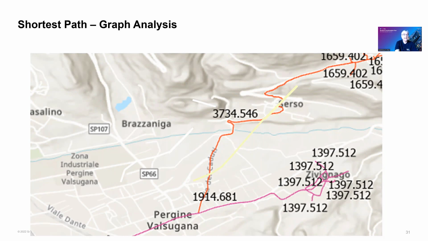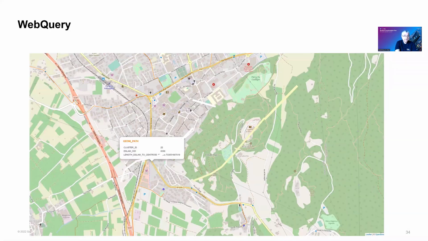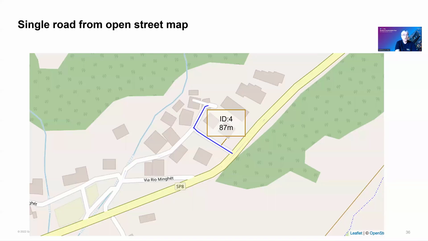Having visual data for the network planner or the network engineer is one of the best ways to maximize the profit and make the planning cost as accurate as possible. You run queries through the web in the same way,